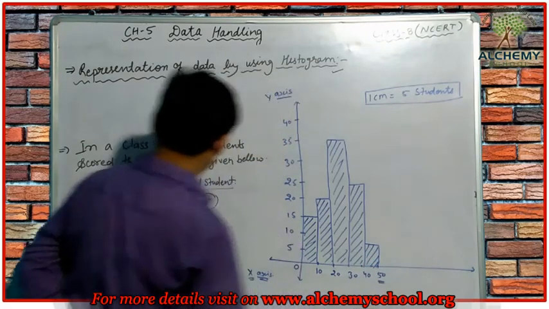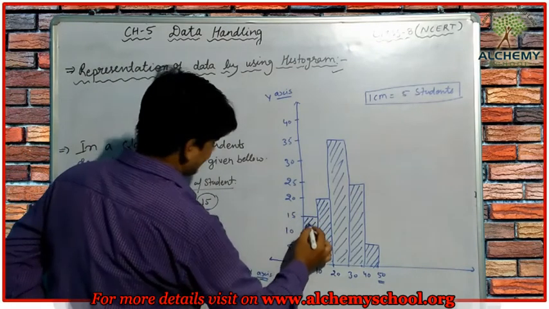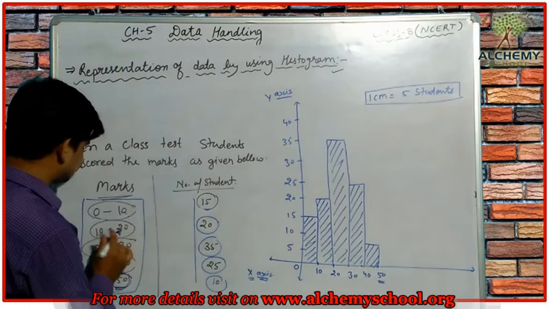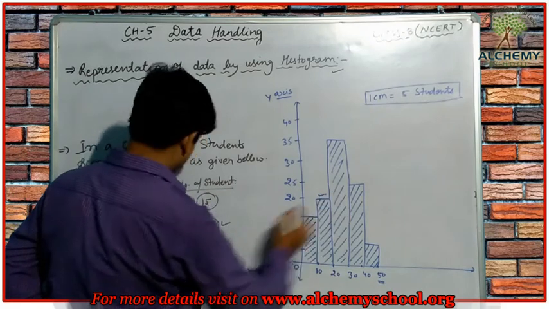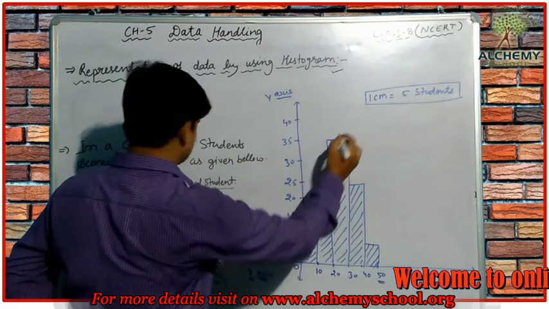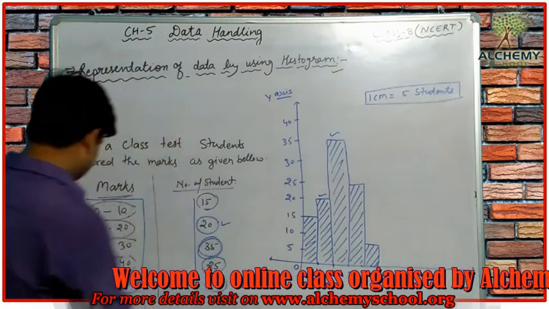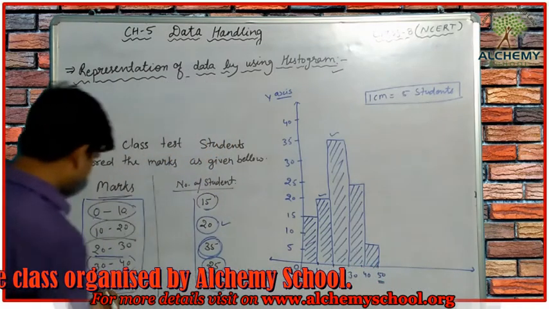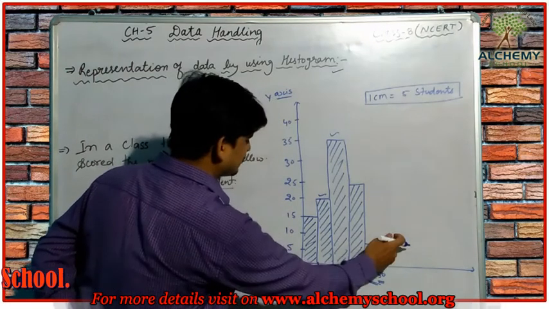Now students, you can see the number of students who got the marks between 0 and 10 is 15, and it is represented by histogram here. The number of students who got the marks between 10 and 20 is 20. 20 to 30, there are 35, and it is the most number of students, who got the marks between 20 to 30. The next is 30 to 40, so this is 25. The next is between 40 and 50, and that is 10 students. So this is the histogram.